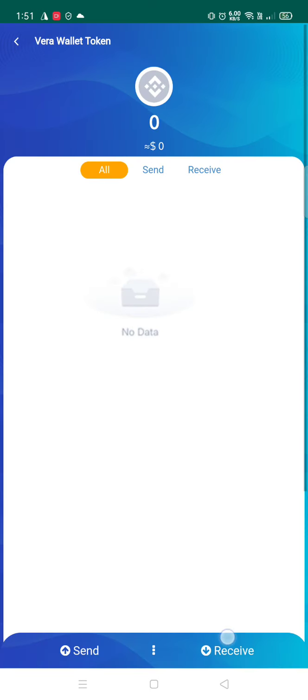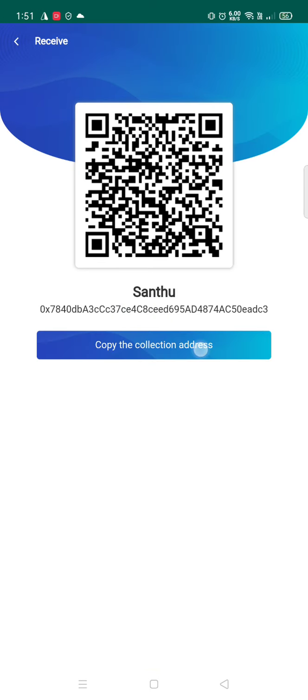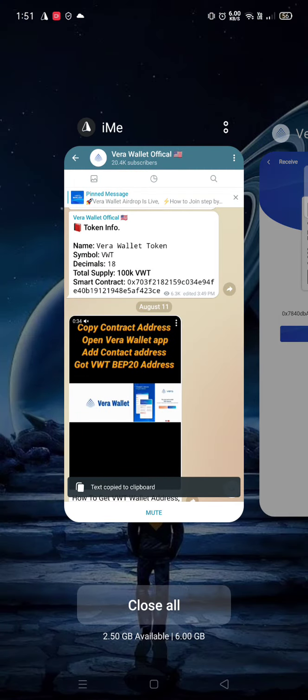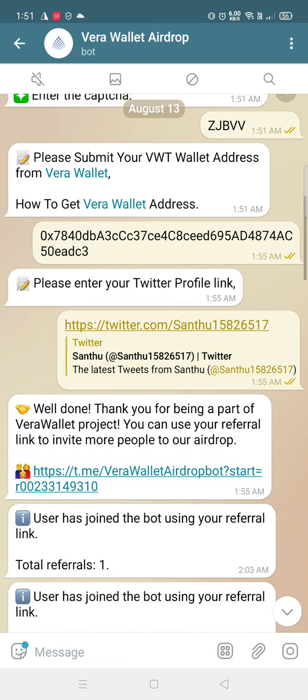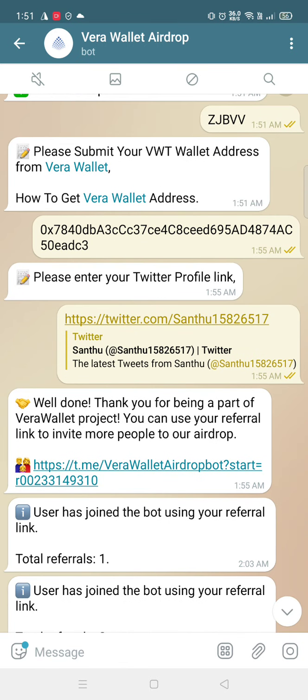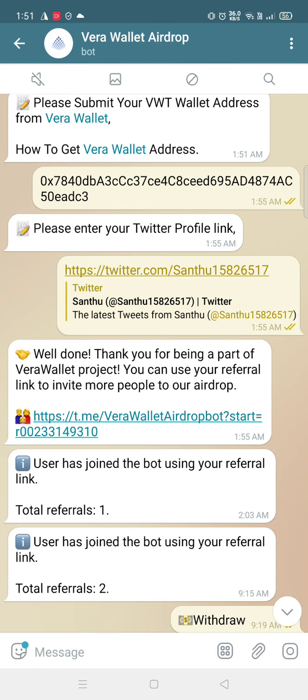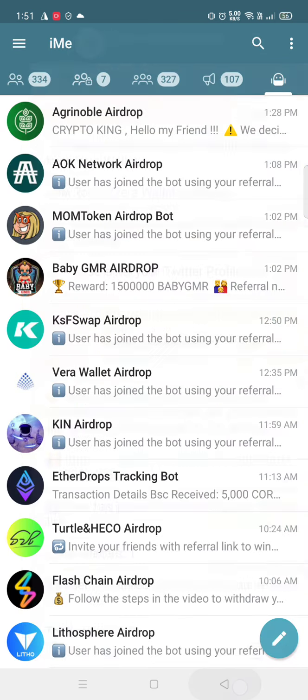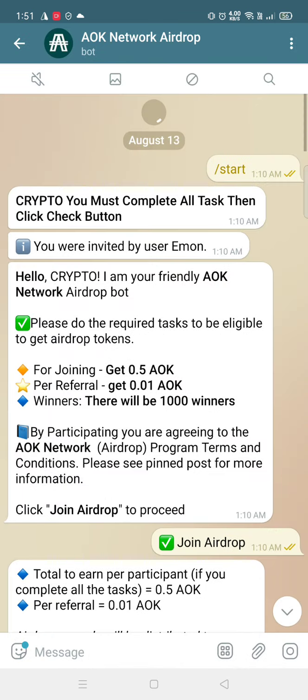After adding this, you need to click on receive, copy the collection address, and give it in the bot. After giving it in the bot, we need to give our Twitter profile link and retweet the pinned post.